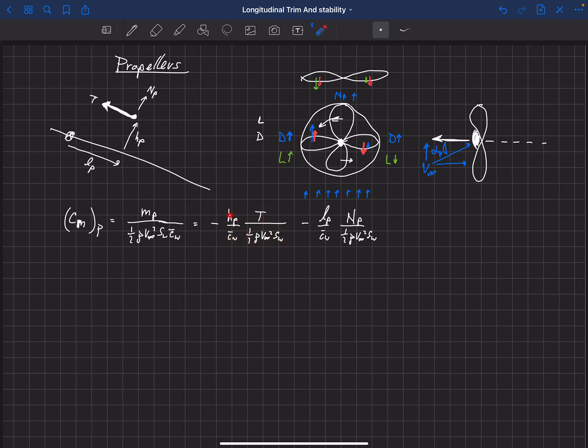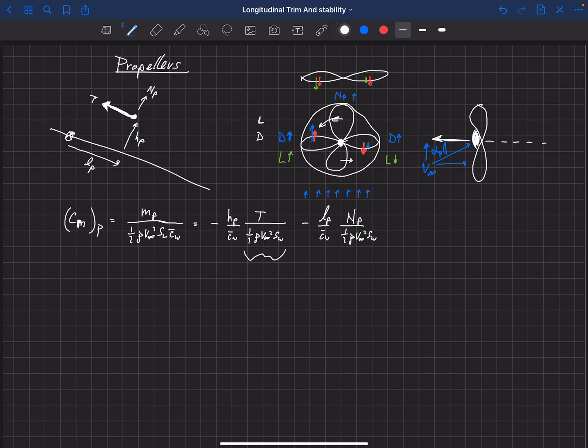I put the length over here because that's a length. Same thing here, length. And then this is a force and that's a force, okay? Now, for our simplified analysis, we're going to simplify this a little bit. This particular component, for our analysis, if we have just a single propeller, is going to be equal to the drag. This is the drag coefficient, actually.